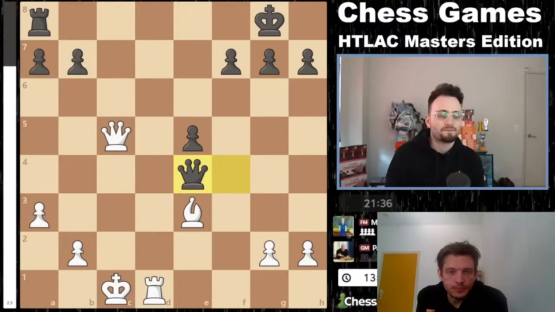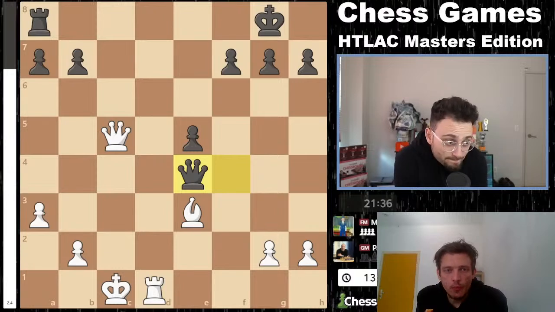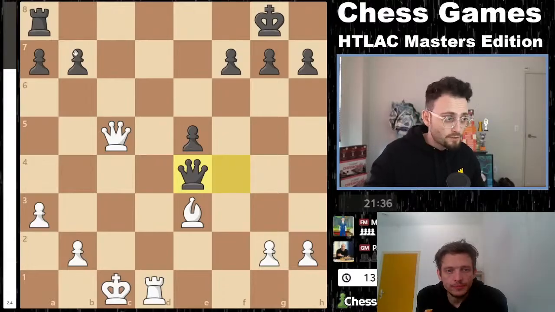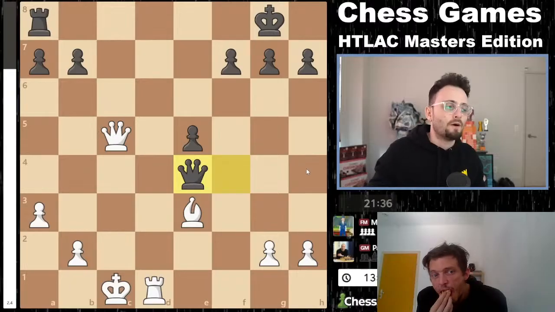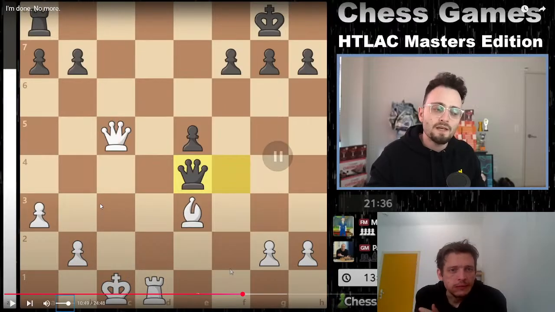This is the position. White has an extra bishop. A full extra bishop. Black has 2 extra pawns. So it's 1, 2, 3, 4, 5, 6. Now, White's king is a little bit weak. A little bit weak. There are some universes in which you can blunder everything. I'm wondering,